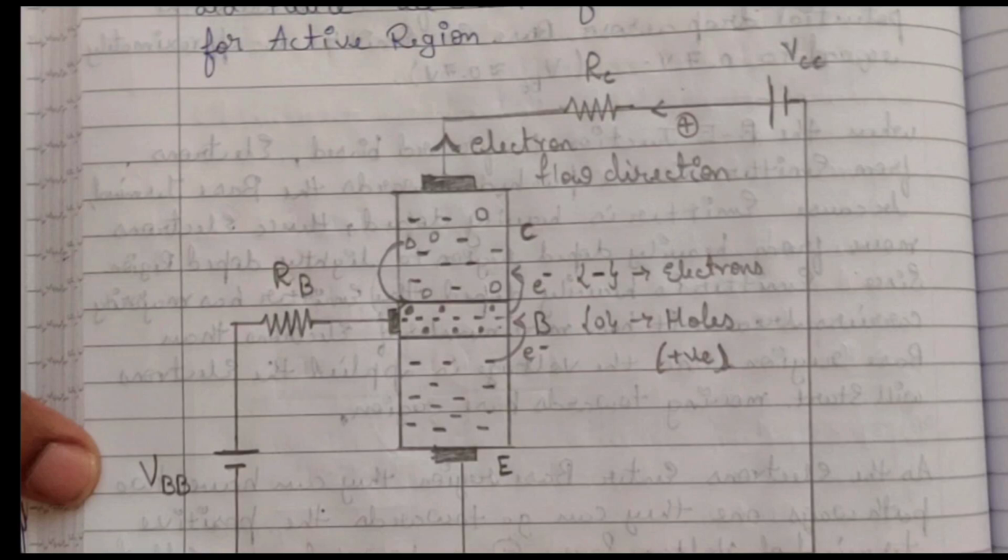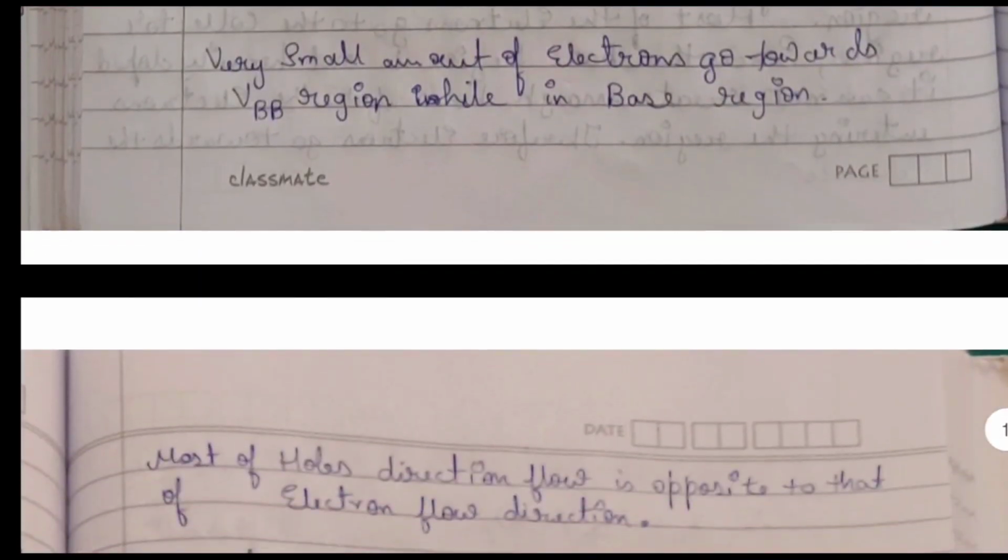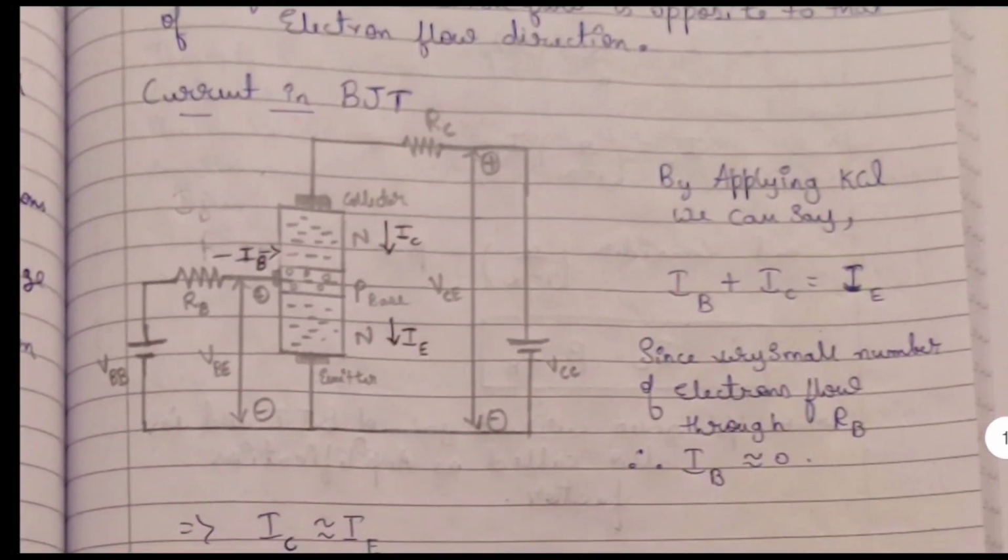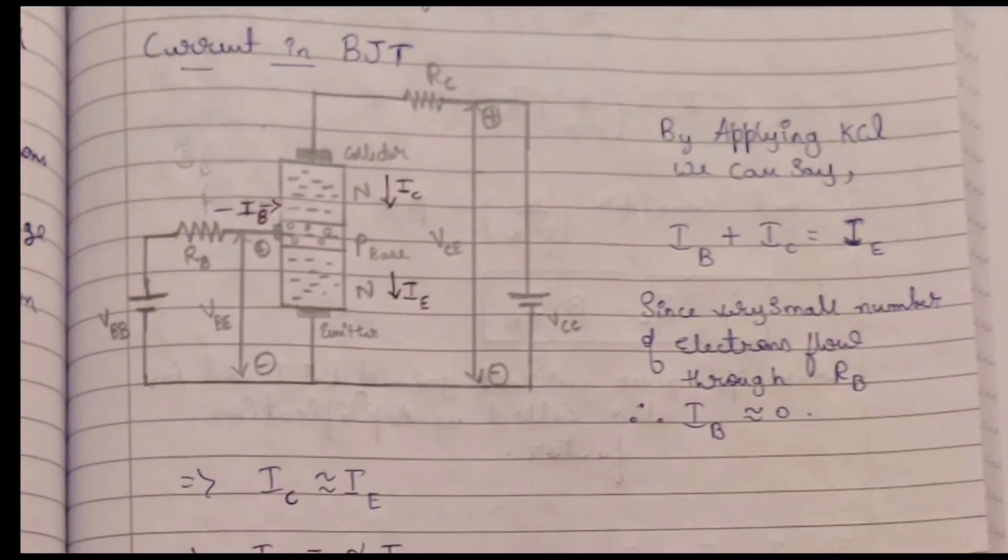So this is the working of the BJT, and now we look into the current in the BJT. As you can see in the circuit diagram, by now you could have guessed what the working of the BJT is and how the current flows in the BJT. Current flow is usually in the opposite direction of the flow of electrons, right? So we know that the electrons flow towards the collector region, and from there it goes towards the positive source